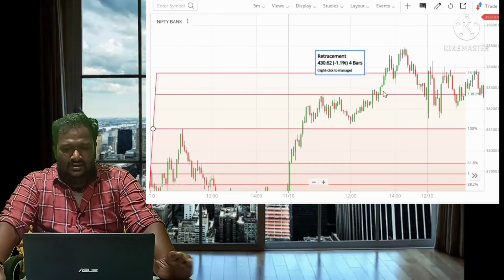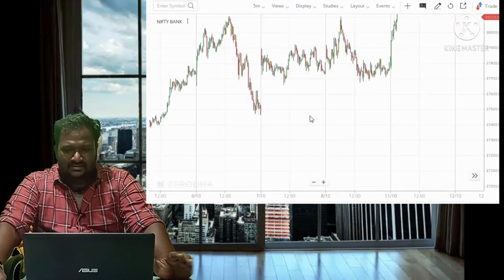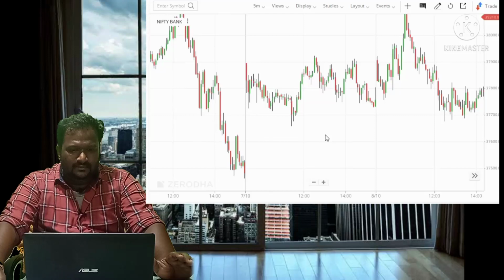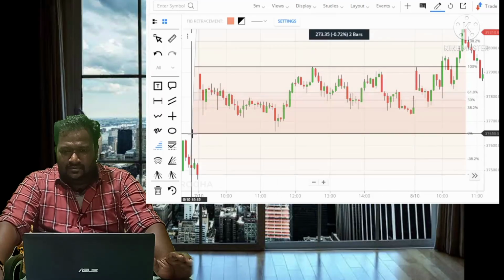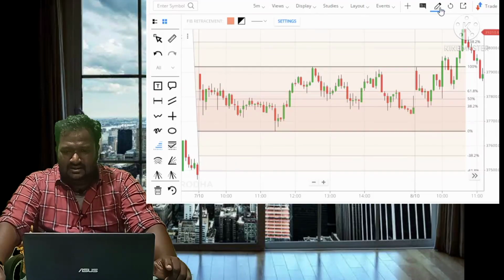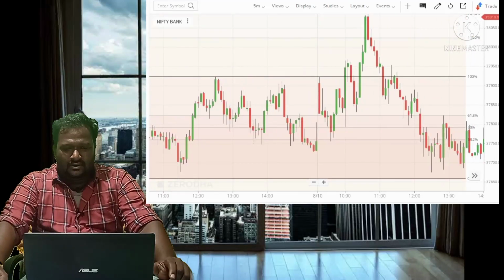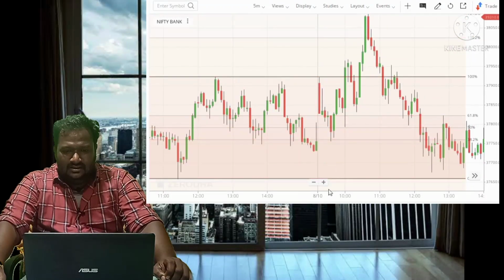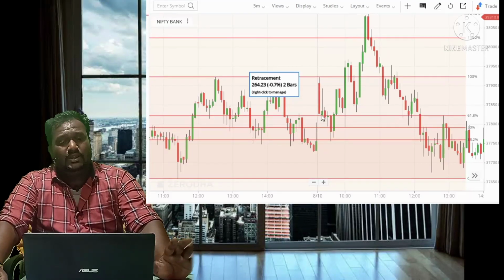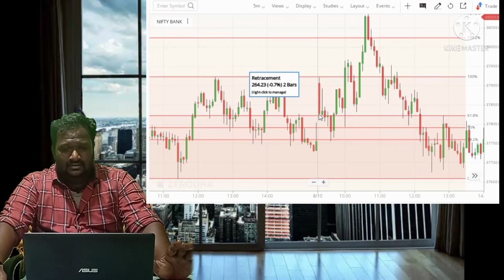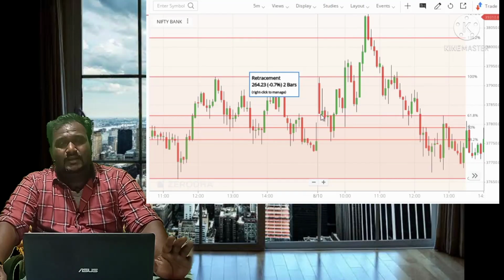Okay, and also we can see one more day. See, this is the 7th of October. I am drawing the fib retracement for the 7th. With the help of the fib retracement drawn for the 7th, I am going to see the support and resistance levels for the 8th. Here you can see the first candle close lies above the 61.8. This is a very good point to buy a call option. Okay, you can buy here directly. You can wait till 38.2%.